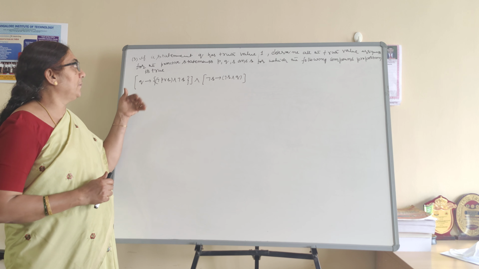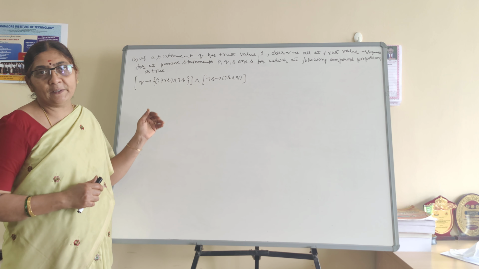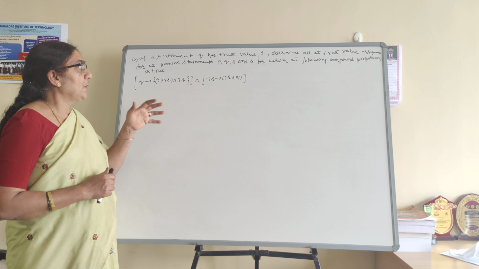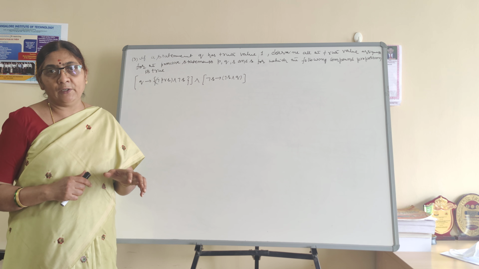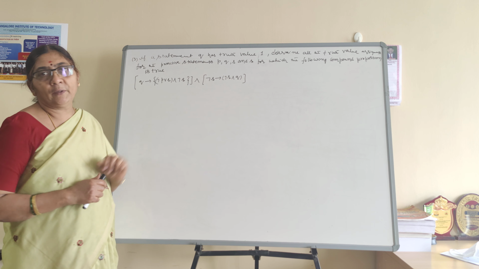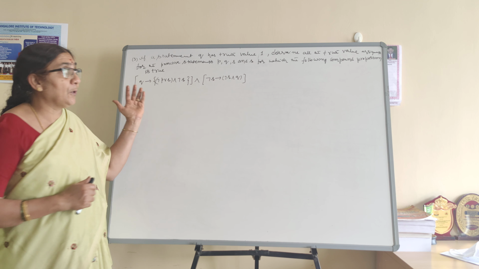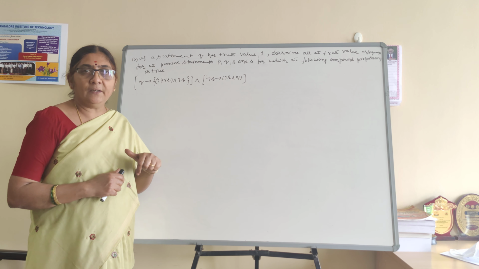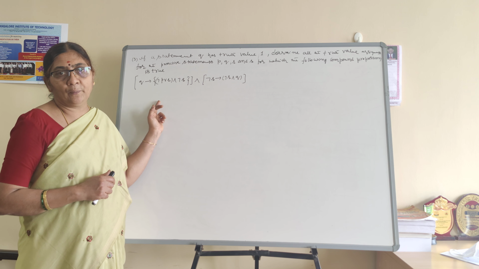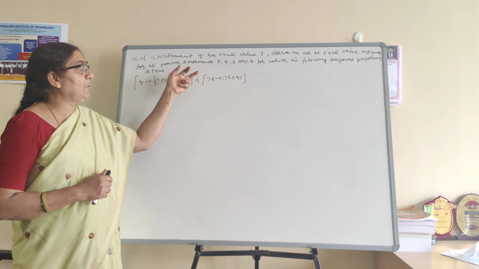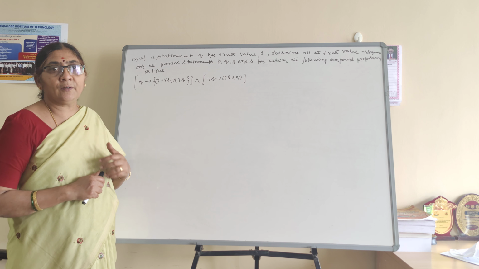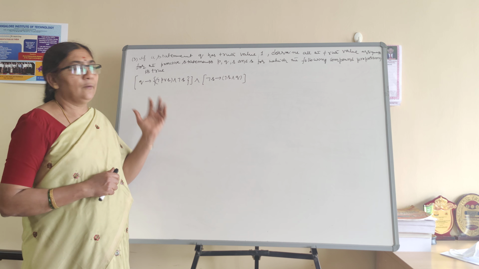Now in this class I am going to discuss some more problems based on logical connectivities. We discussed in the previous class, suppose they are given primitive truth values, how to find out the truth value of the corresponding compound proposition. But here it is the reverse: they give the truth value of the compound proposition, and also one of the truth values of the primitives, and then I have to find out the rest of the primitives or components for the